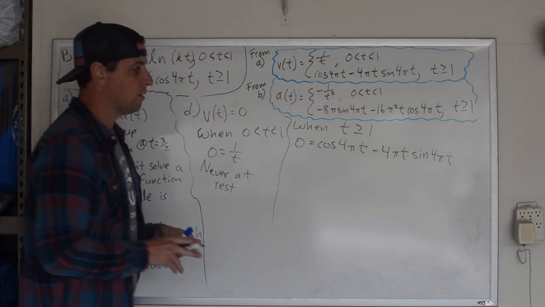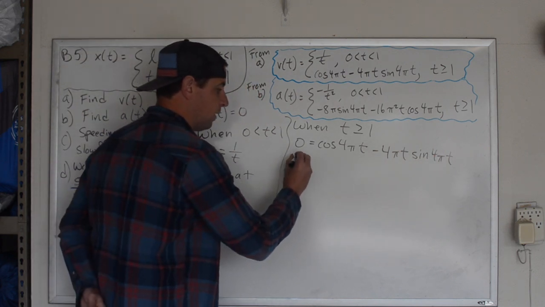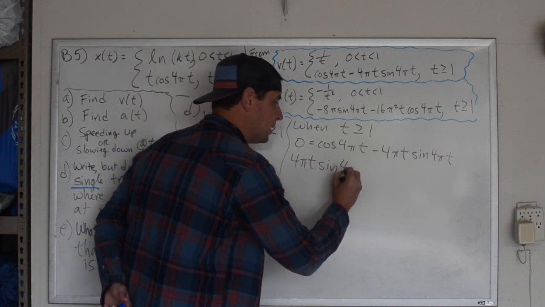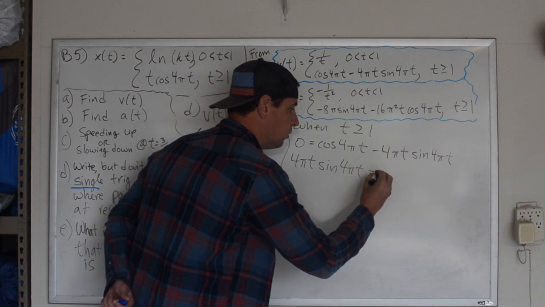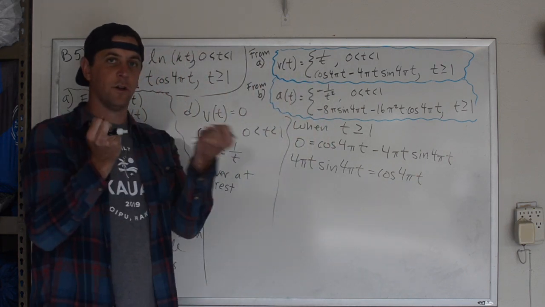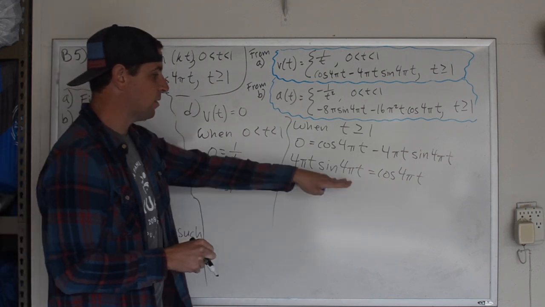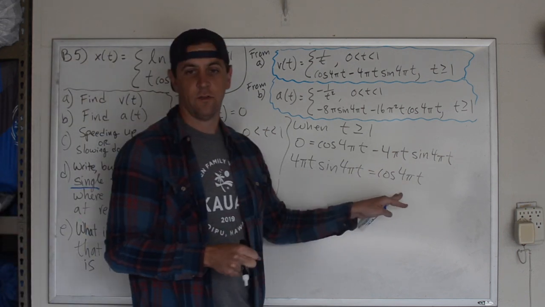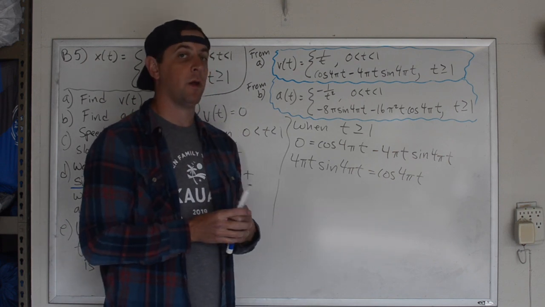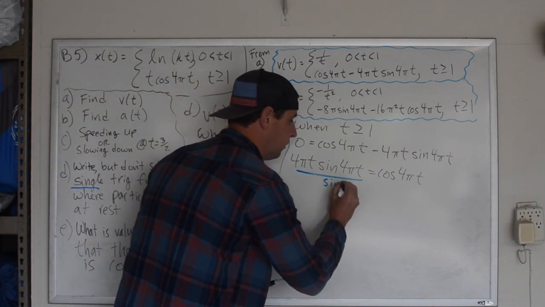So the way that we're going to do that is I'm going to add this term to the other side of the equation. When I do that, this is going to be 4 pi t times sine of 4 pi t equals cosine of 4 pi t. And so now I have a trig function on each side of the equation. And now I can divide both sides by sine of 4 pi t or cosine of 4 pi t. Both of them will give you slightly different looking answers, but both would be correct. If I divided here by sine of 4 pi t to both sides of my equation,